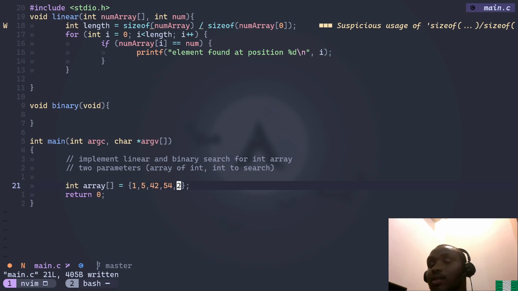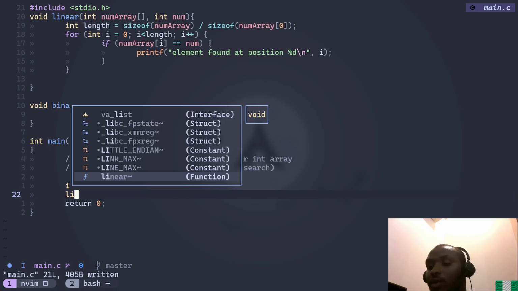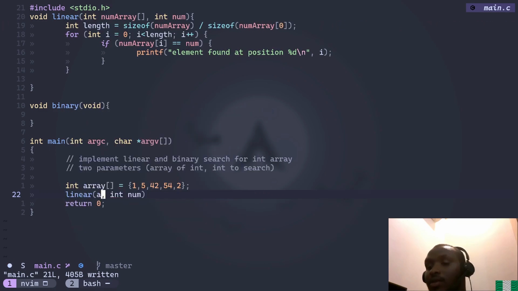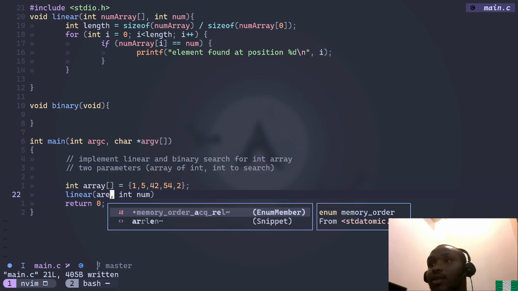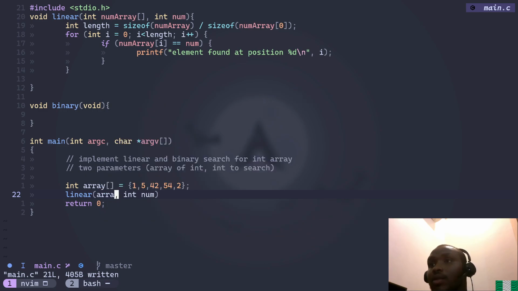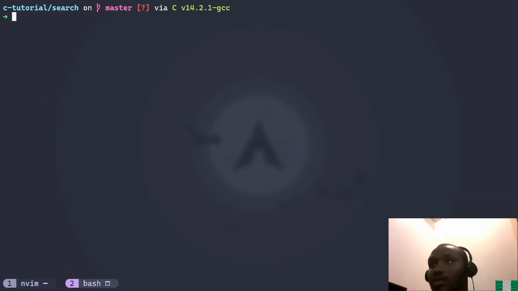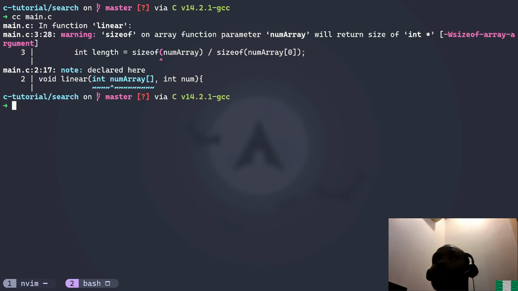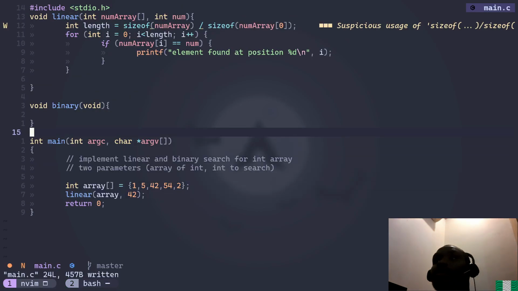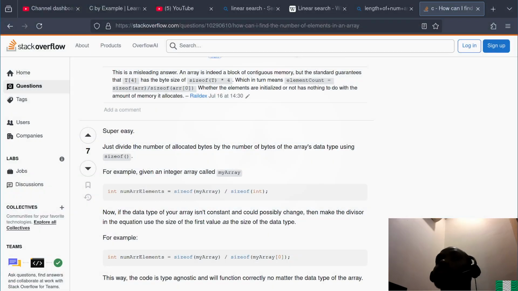All right, then we go linear, then you have array, then you have 42. So would this work? So let me come here, create. Oh, it is not working. So this one in here,